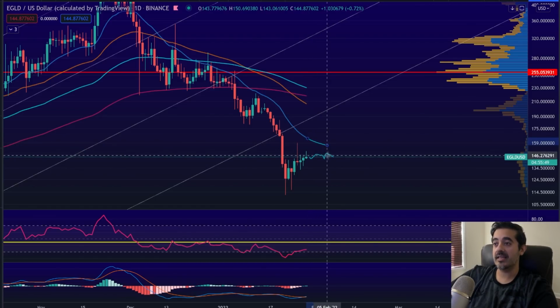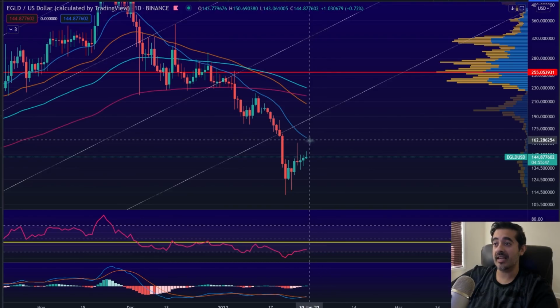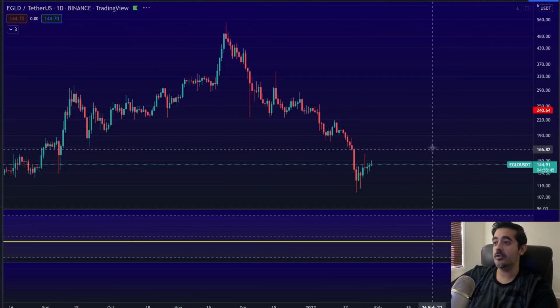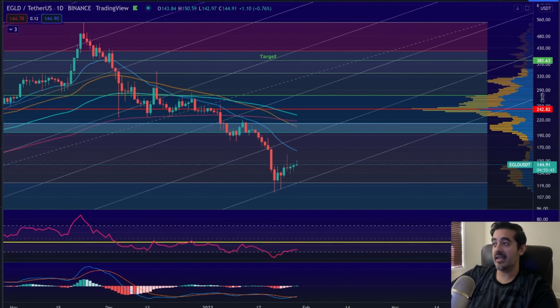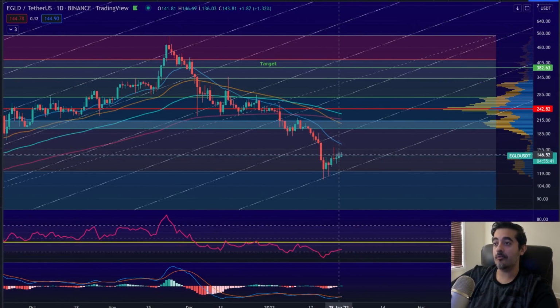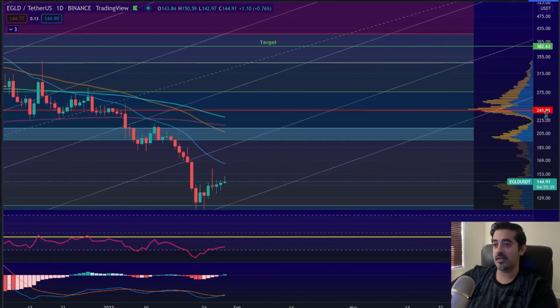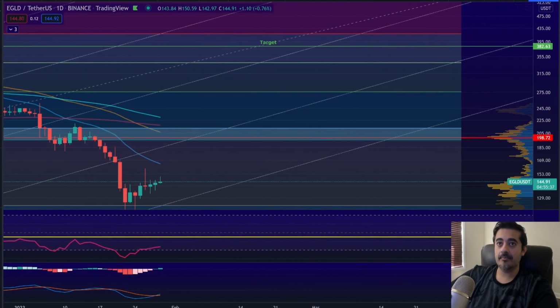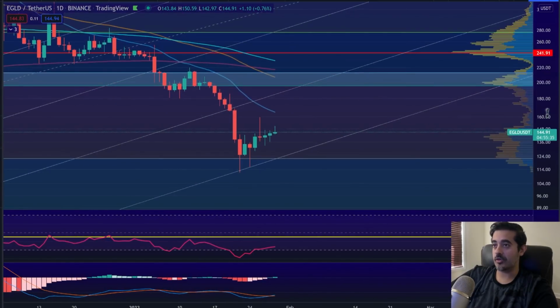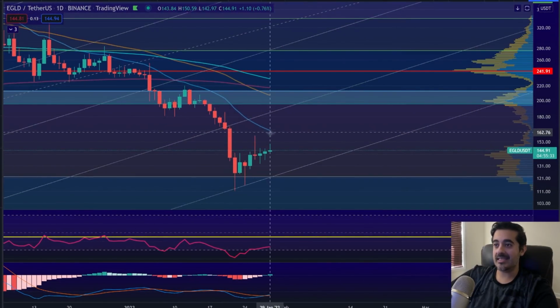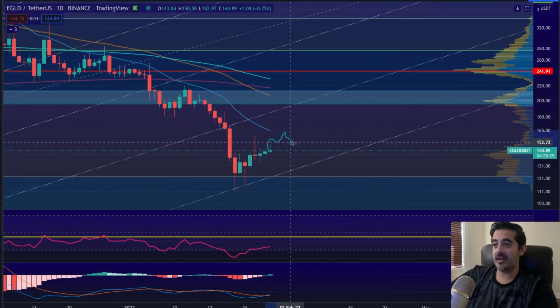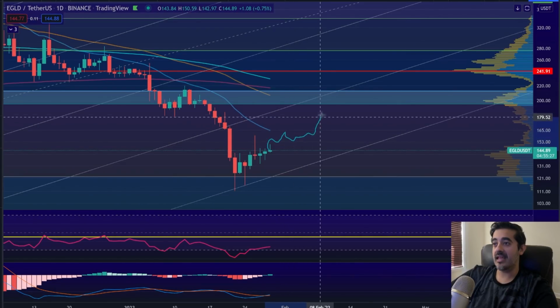But the key really is when we hit this 20 exponential moving average, how do we react? Because what I do not want to see on this 20 is for us to move below it. This is what I want to see. And this is what I think we may see, because the listing process is starting so soon. I think what we may see is the price moving up, hitting that 160 to 165 area, consolidating a bit, and then seeing a breakout into this 195 golden pocket area